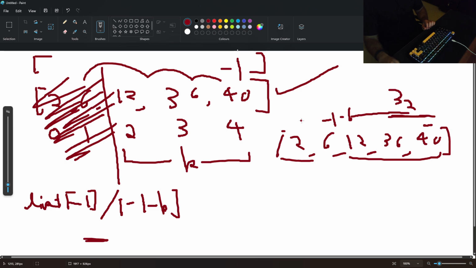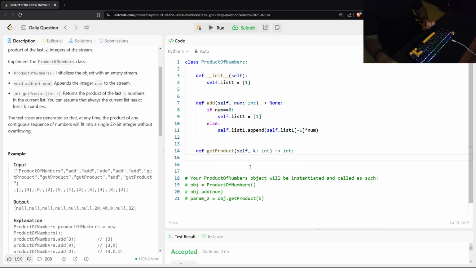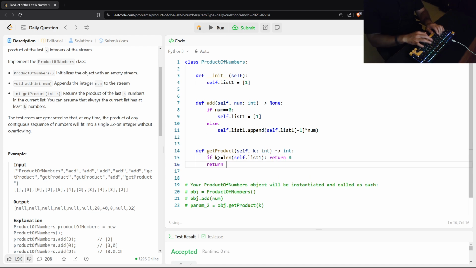But if the k value is greater than or equal to the length of this entire prefix array that we have, in that case we'll have to return a 0, because it's going to cancel out everything. So that's something that you need to make a note of as well, that if the value of k that they are asking is greater than or equal to the length of the prefix array that we have at a given moment, return a 0, and if not, then we can do the -1 divided by the -1 minus k operation that we saw. So just a small check here. If the value of k is greater than or equal to the length of self.list1, in that case just return a 0, and if that's not the case, we can return the